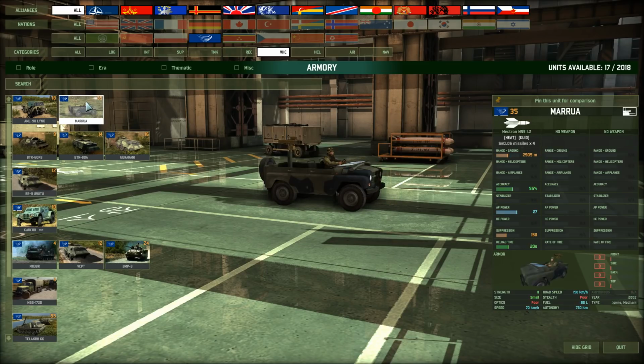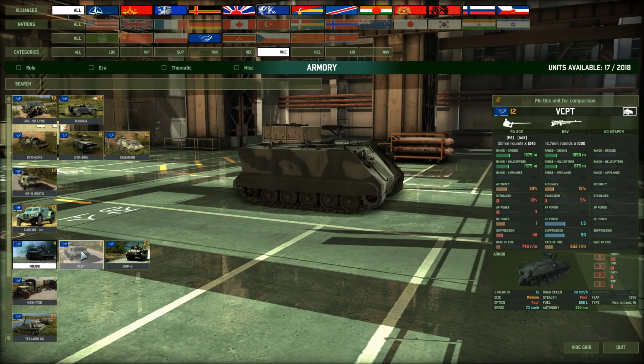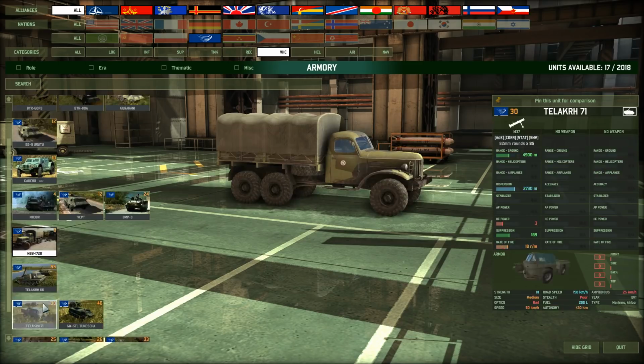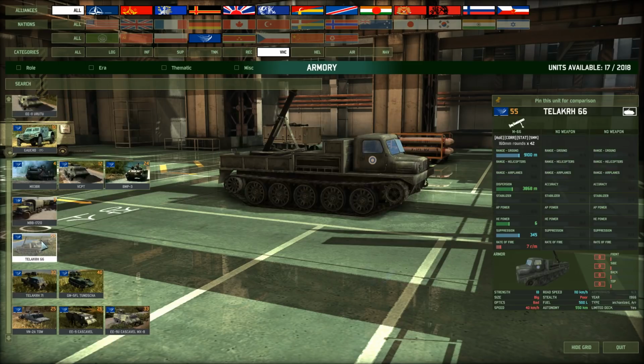The Marua, just a Jeep with the Mectron MSS 1.2 that I've seen previously. Pretty good. Again, no fire and forget ATGMs. This is something that I really don't like. I like my fire and forget ATGMs, and some of these nations have them. Yes, they're expensive, but they are so damn useful. What other transports or what other vehicles do they have? Yeah, they have the Talak 66, just